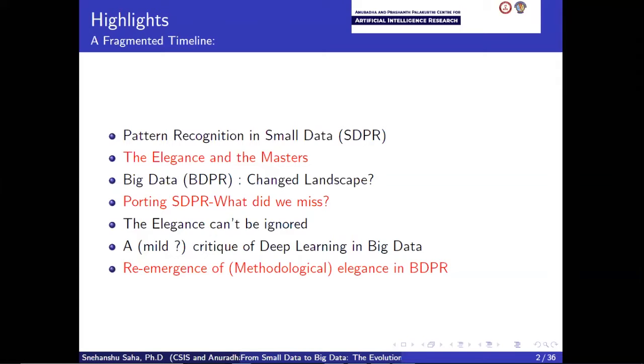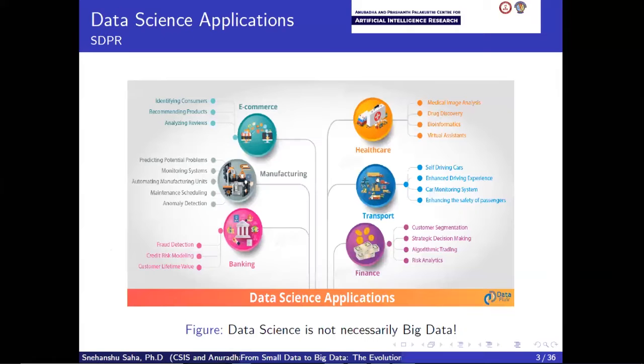However, there have been a few setbacks in big data inferencing in the last 3-4 years. And one of them is a very recent setback. I will talk about that as well, which is forcing people to rethink their strategy, okay? Which means some of the beautiful things that existed in small data pattern recognition, which we chose to ignore in big data inferencing, are actually coming back, okay? All right, so this is roughly the highlights of my talk.